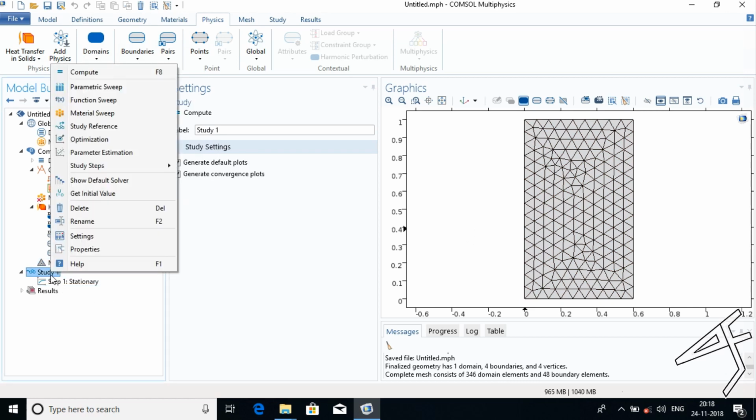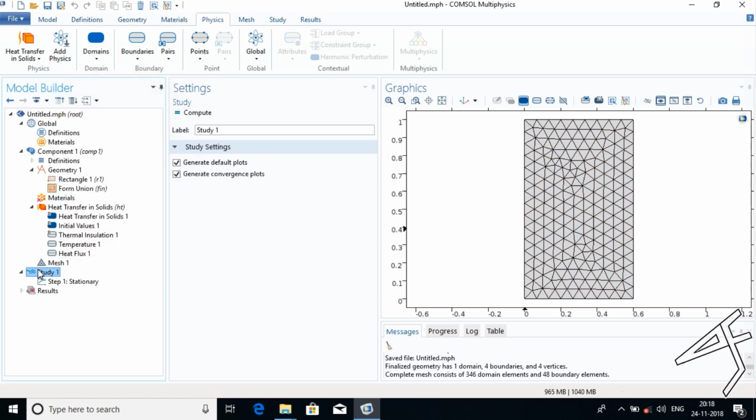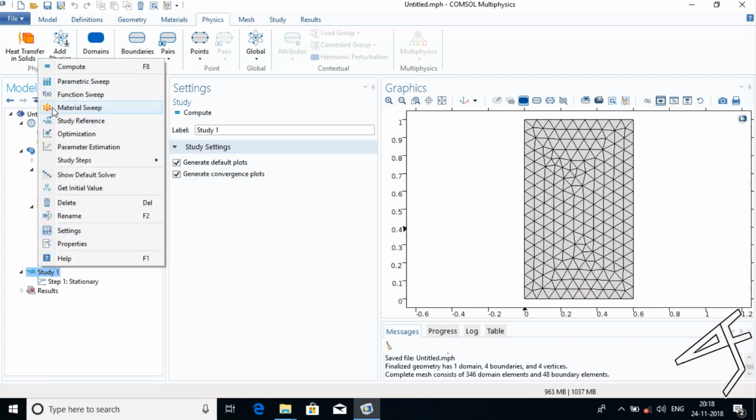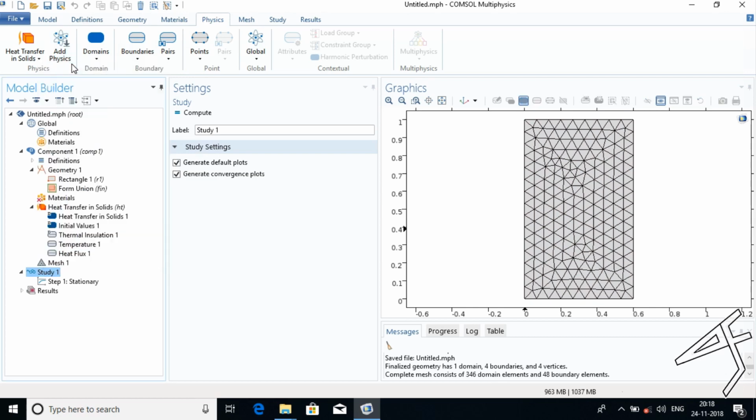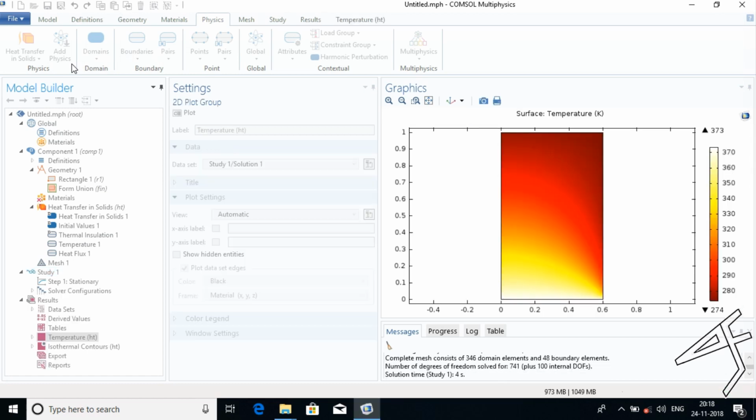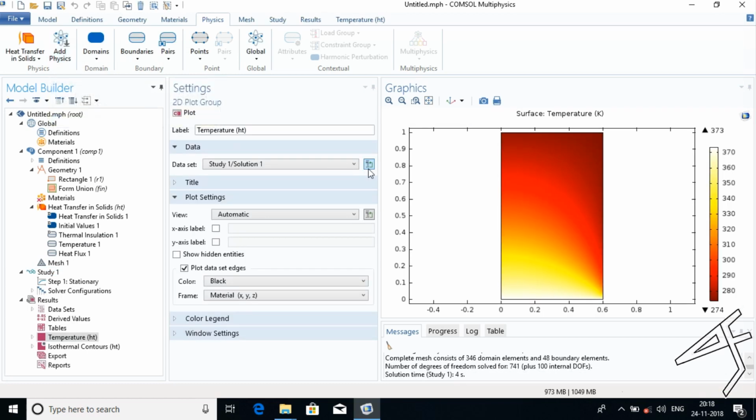Then again right click study and click compute. Our model has been computed, so here we will get our minimum temperature as 274 Kelvin and our maximum surface